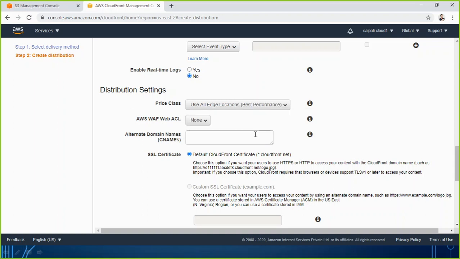So if I am not very sure, or if I know that my resources will be used by some people from Australia, some from America, some from the Middle East, India and Africa, then I will go with the last option.